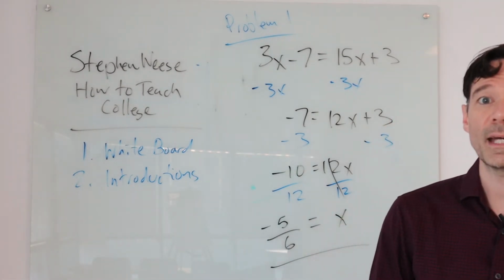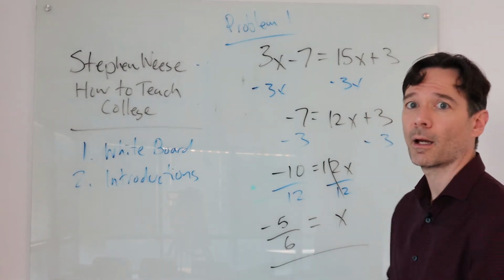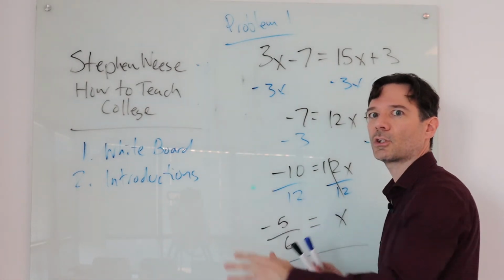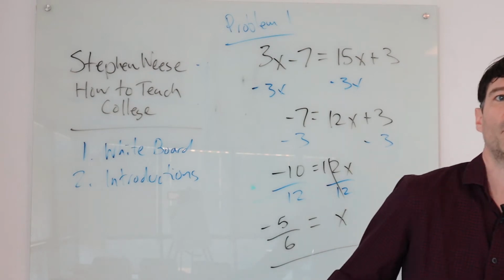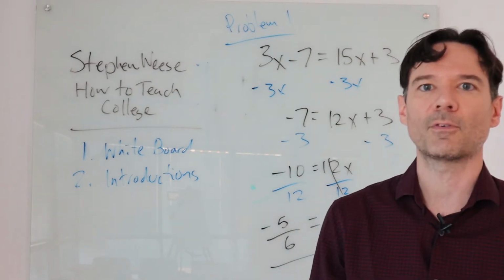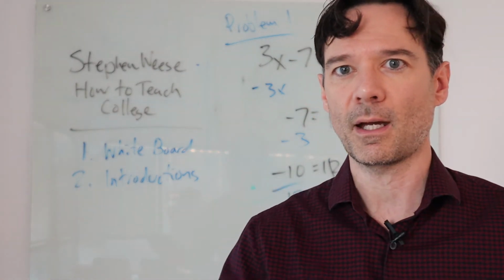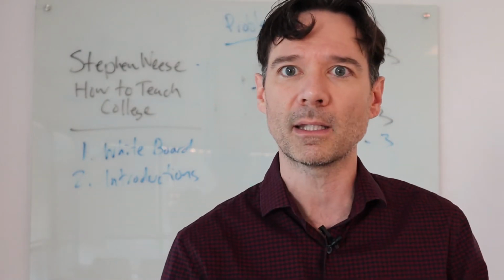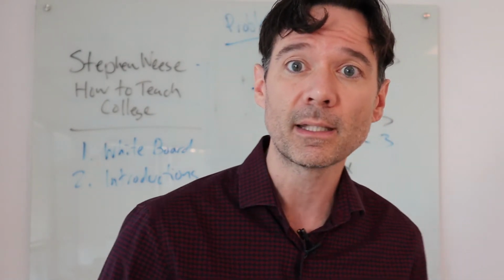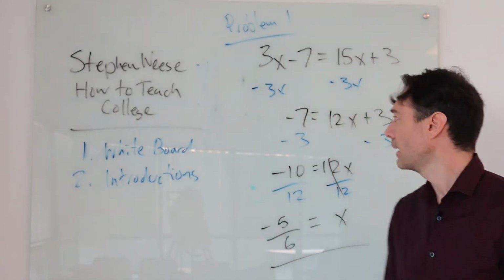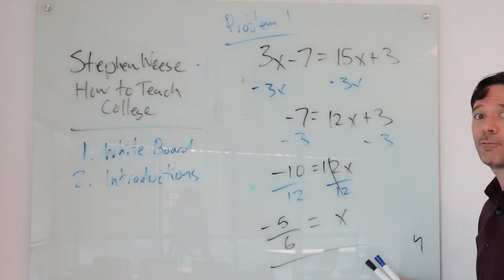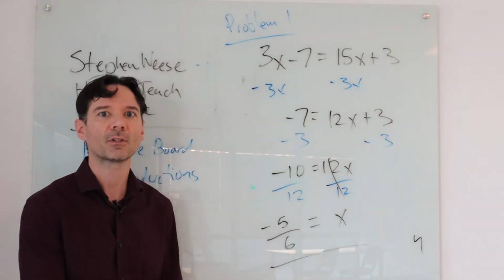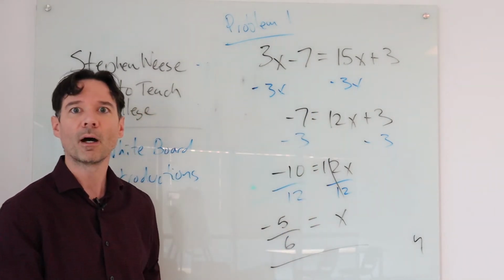Okay, and so I'm standing off to the side, right? As I'm writing, I'm not turning too much to face the board. I'm not blocking. I mean, wherever you stand, if it's a big room and there's students off to the side, there are going to be some people who can't see. So keep that in mind too. Don't stay in the same place. So even as I'm writing this, I'll write, and then when I finish, switch to the other side as I'm talking about when I go over it.